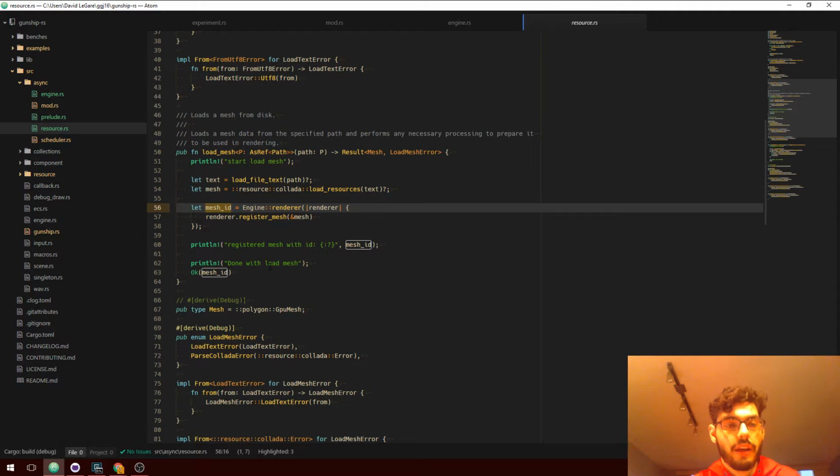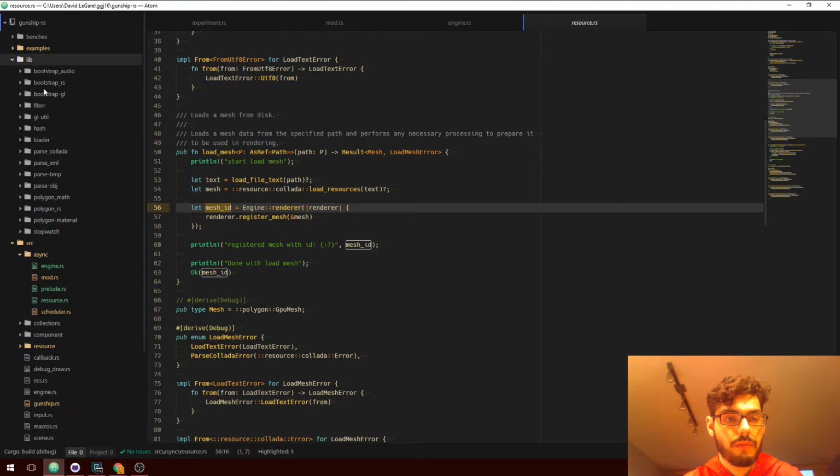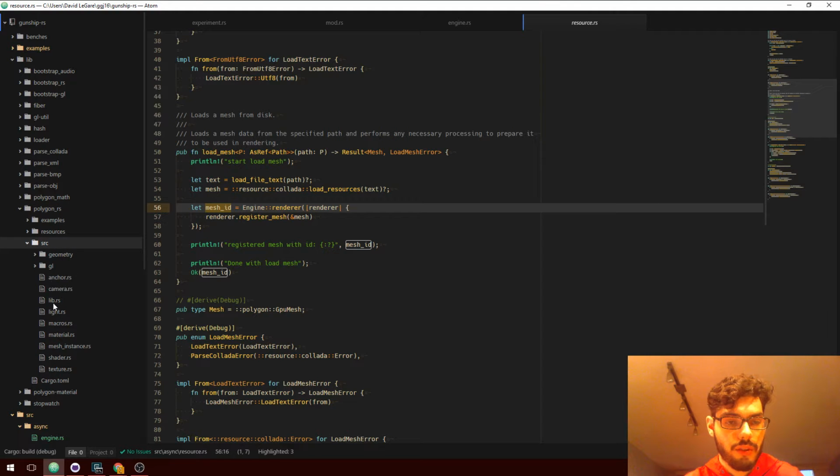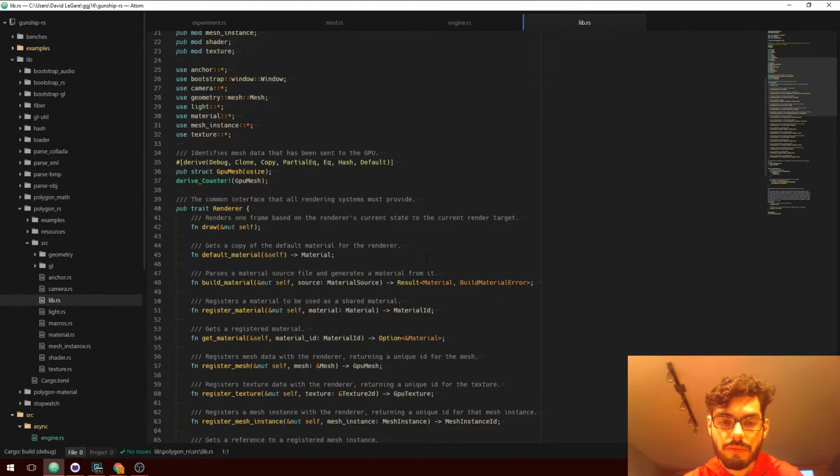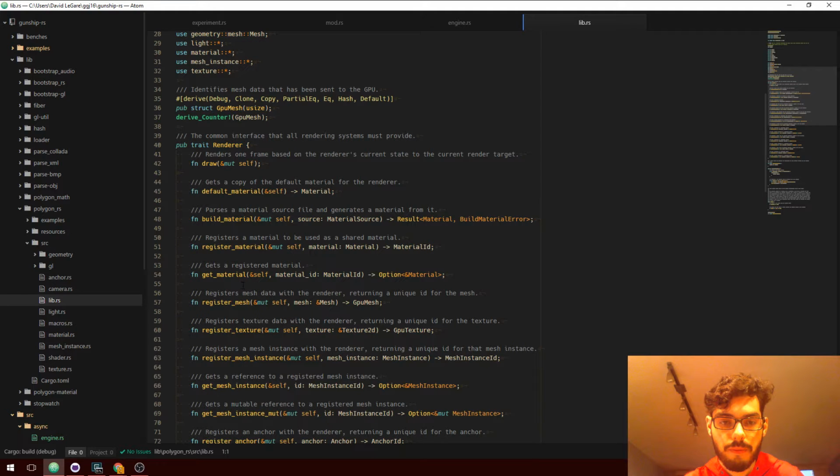If we take a look at Polygon, lib Polygon source lib, we take a look at the renderer trait, we take a look at what register mesh does, it takes a reference to some mesh data, it spits out a GPU mesh. And GPU mesh is just a unique identifier.